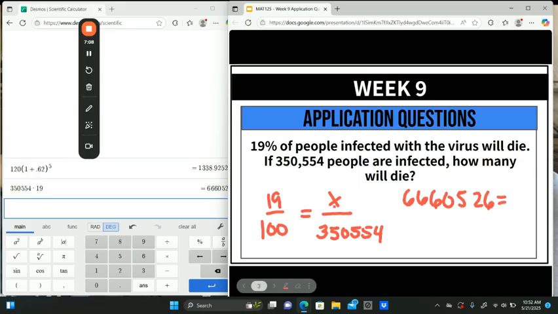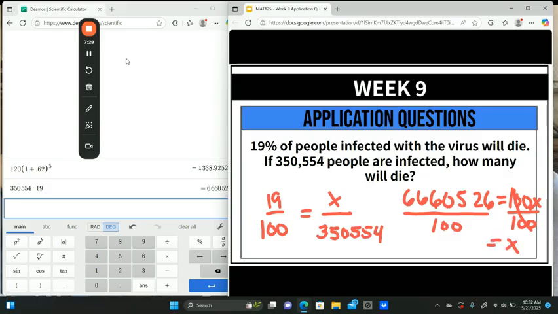Okay, and then I cross multiply the other way as well. 100 times x gives me 100x. Then I'm going to isolate the variable, and to do so I'm going to divide by 100 on both sides. This is going to cancel, and I'm going to get x equals,